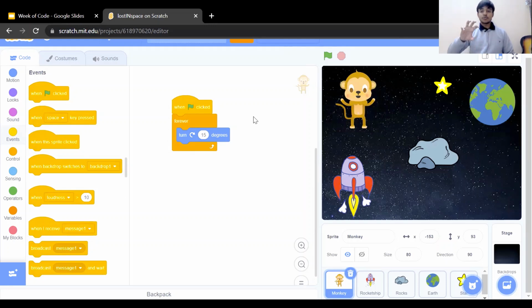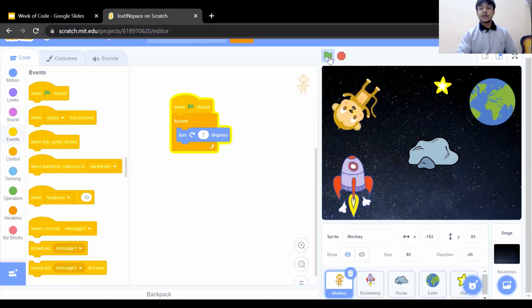You can also slow it down by adding the delay, and also you can decrease the value of the rotation angle from 15 to 5 or 7 and check again by clicking on the flag icon. If you want to slow it down more, then again decrease the number 7 to 4. Yeah, so now this one looks nice. Okay,